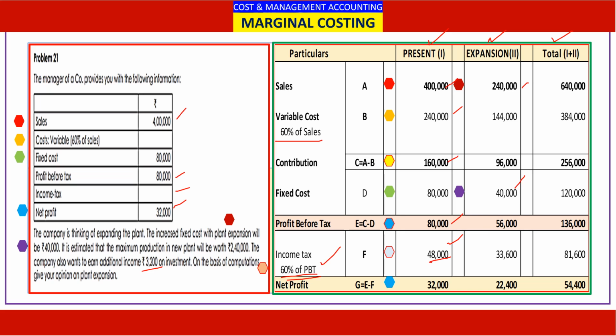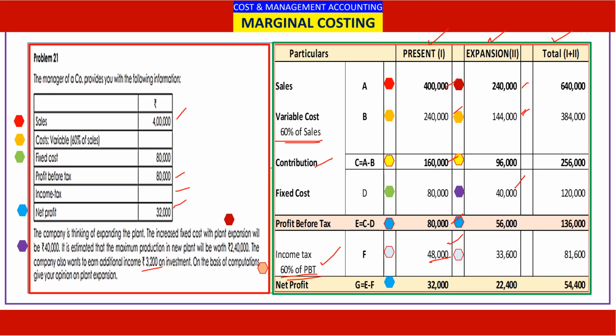Let us come here now. Expansion, we know the sales and our relationship is 60% of sales is variable cost. 60% of 2,40,000 is 1,44,000. Contribution is coming to 96,000, 240 minus 144. And fixed cost is posted as 40, 96 minus 40 is 56. And we know